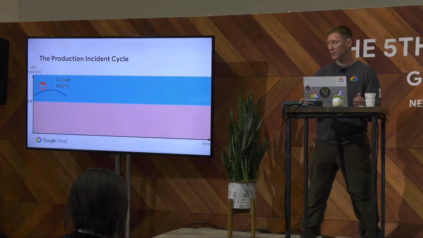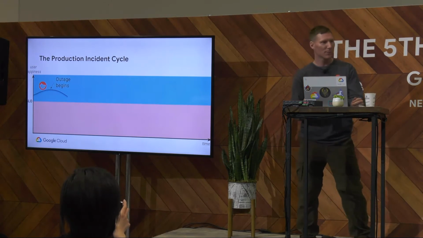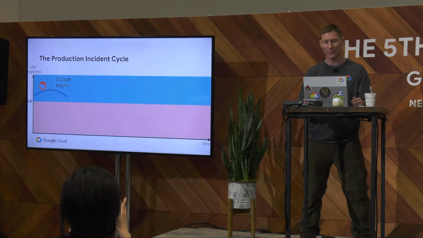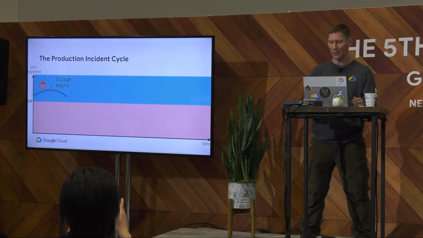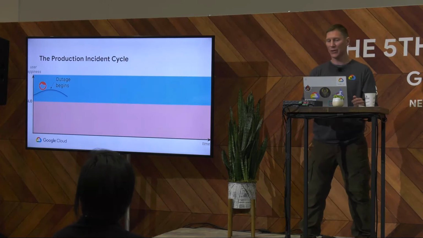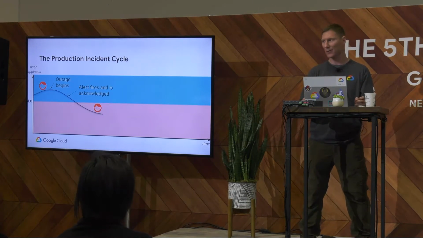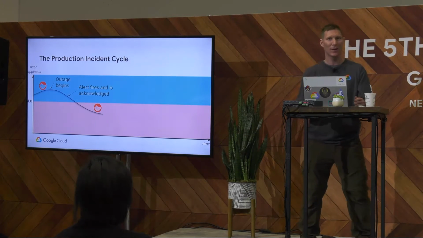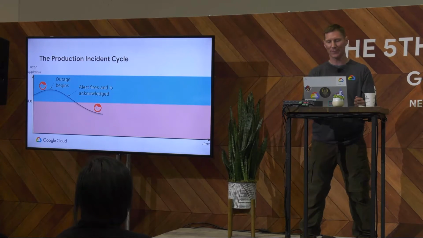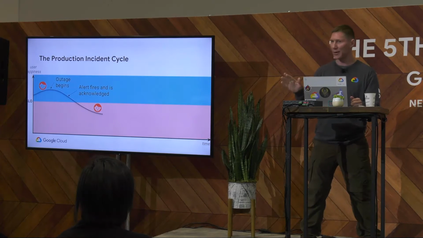Now, the SREs on call for this service are blissfully unaware that anything is wrong at this point. In fact, they just went out to lunch as usual. In the meantime, though, your users are starting to get a little annoyed, but their patience hasn't run out yet. Once enough errors have accumulated, the alerting system decides it's time to page the on-call, who checks her phone, acks the page, stuffs a little more food into her mouth, and hurries back to her desk to find out what's going on. Now, this is a particularly bad outage, so we're starting to dip below our SLO.